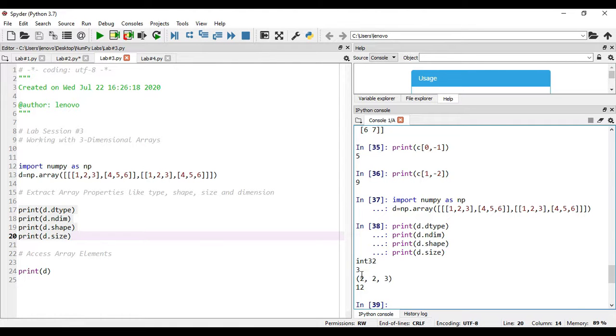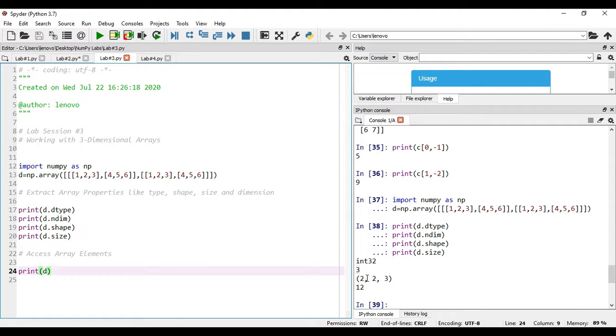Alright. See, when you are doing some hands-on sessions in the lab, let us try to identify the dimensions first. Why? Because the operations will be different from dimension to dimension. Means some operations will be applicable for only one dimensional and some will be for two dimensional. So in this case we got it is a three-dimensional array, right?